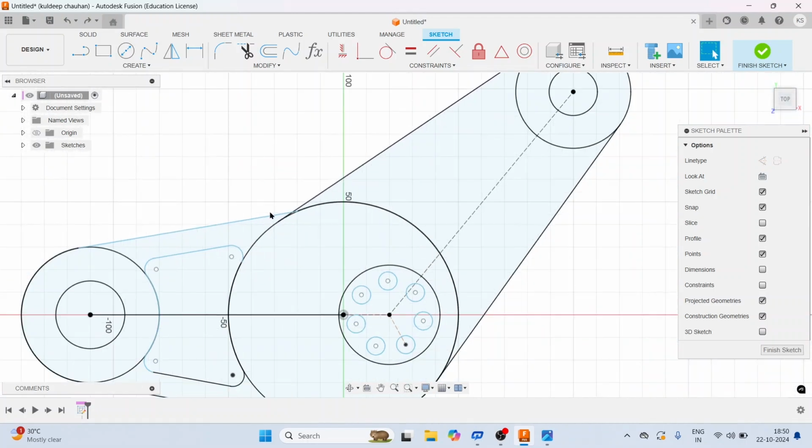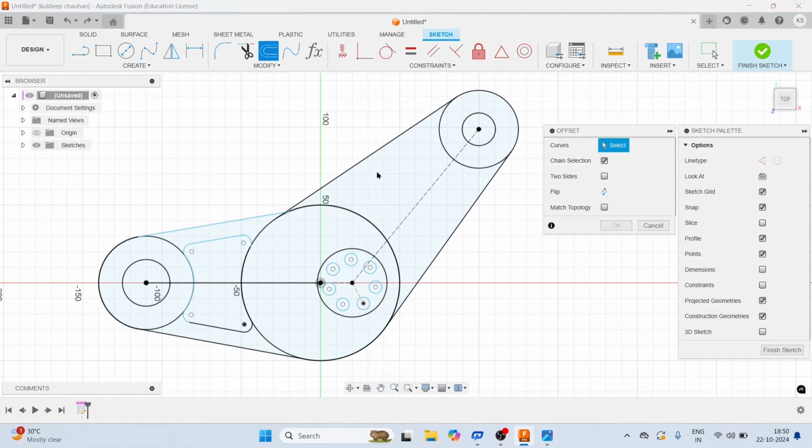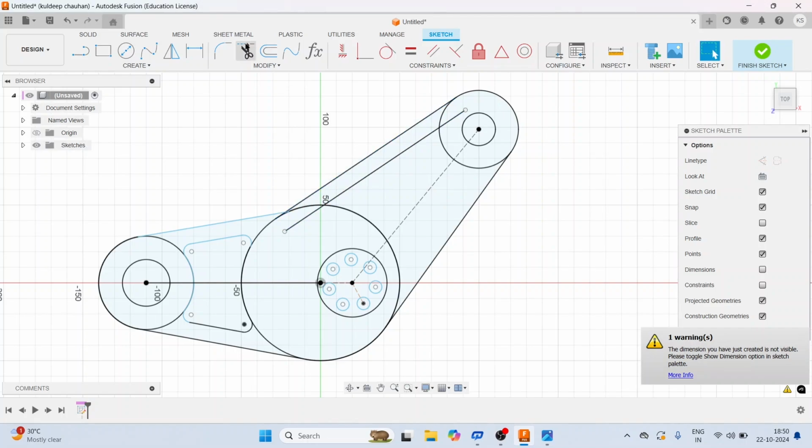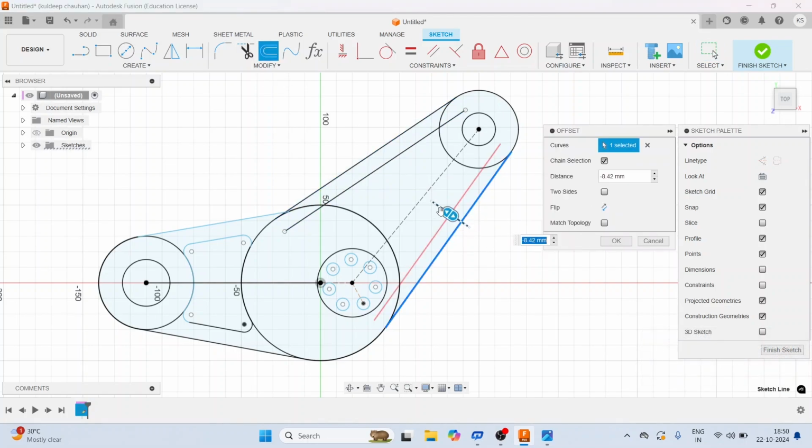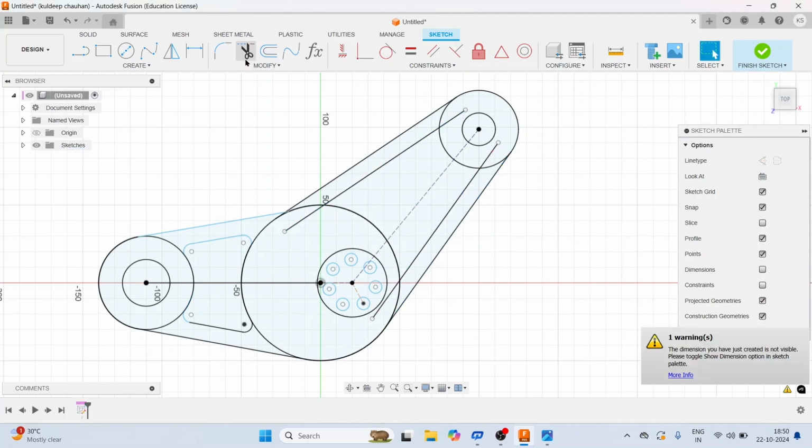Here we are back. So now we will first offset this, and the offset distance will be 10. And from this side also we will offset this as -10. Now we will trim these unwanted parts from here and from here.